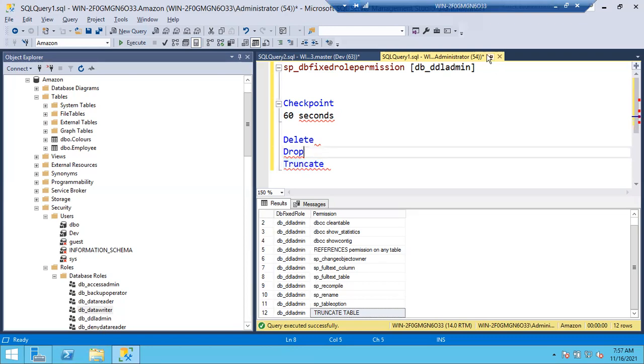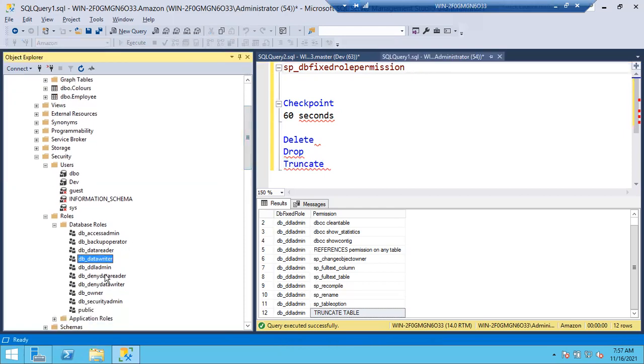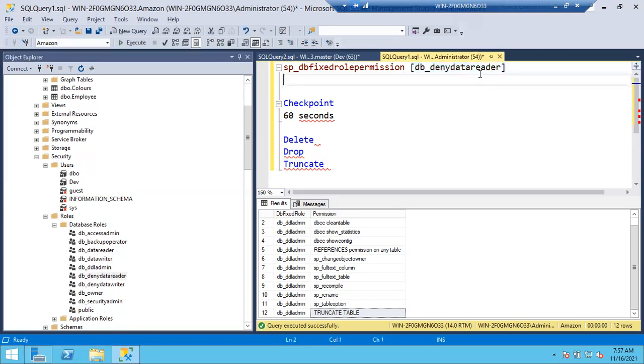So next is deny data reader. Can anyone guess what deny data reader will do? What kind of permissions will be there? It prevents the user from reading the data from the database. Taking back the permission of reading. So what kind of permission is there for data reader?